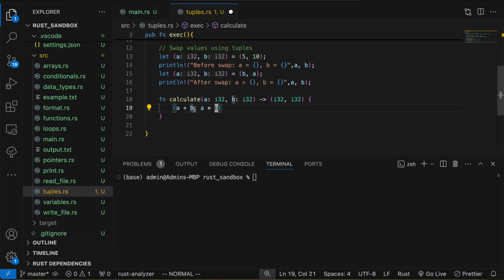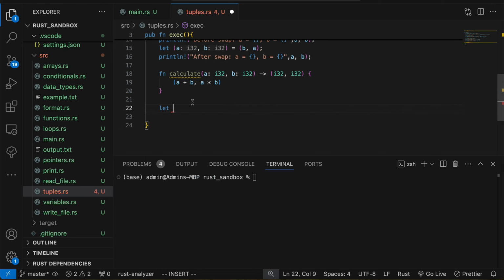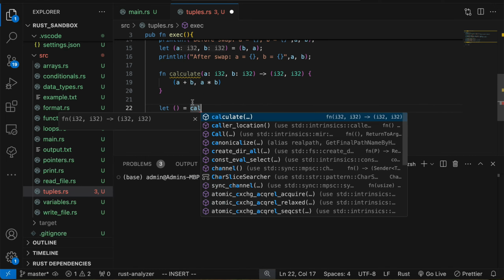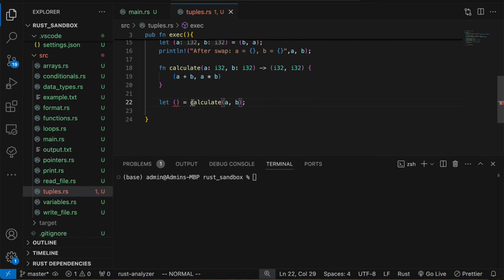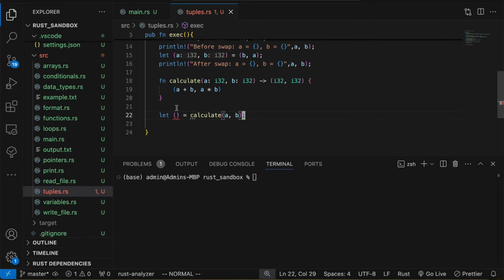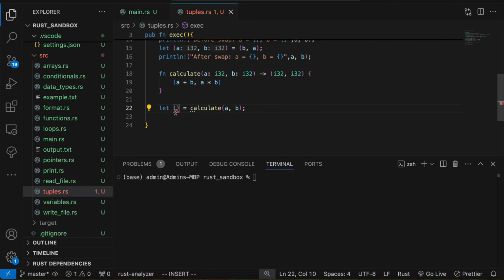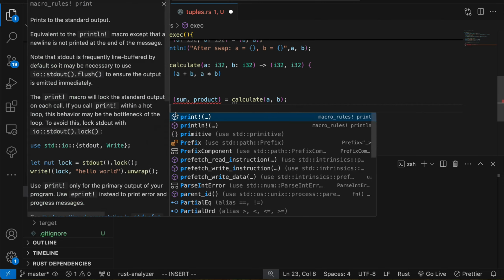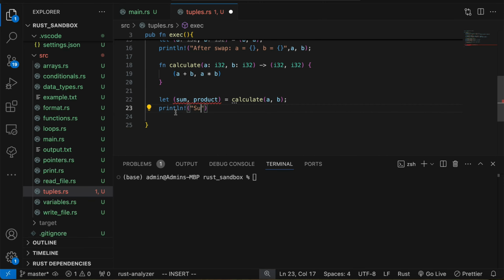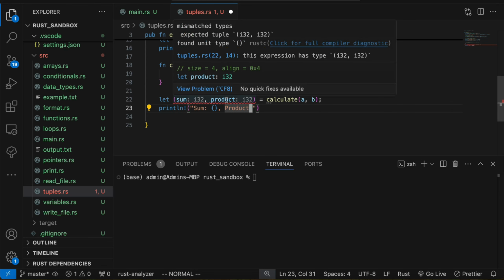So this gives us, when we actually make use of this, it gives us the same thing. So let me just quickly make use of that. Let's say calculate, and I think we already have AB somewhere. Yeah, we can see use of our AB out there. And then we have the sum and the product, and we can print line. So sum and product. I think we are getting